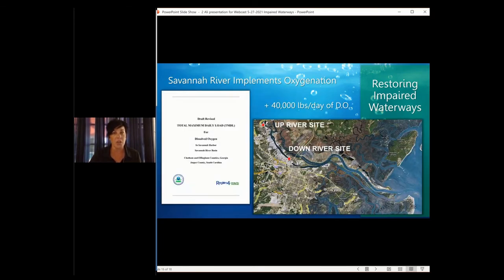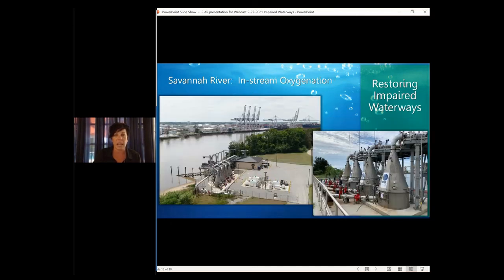Another example I'll show you is with using the Eco2 equipment, the Spiess cones on the Savannah River, where they're doing river oxygenation. And so this was another river that was impaired for dissolved oxygen. It had low DO in this river, and several different factors came into this, but EPA and the Army Corps of Engineers were involved, and they came up with a plan to restore this waterway. And part of that plan was to